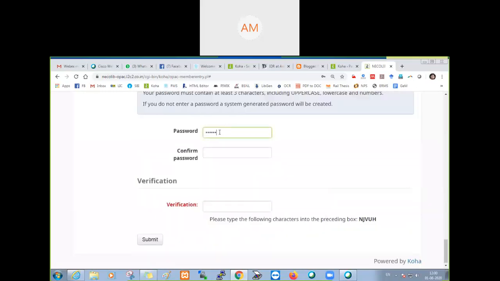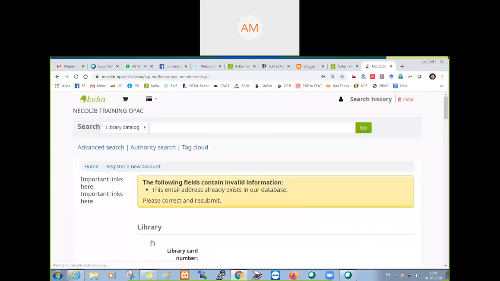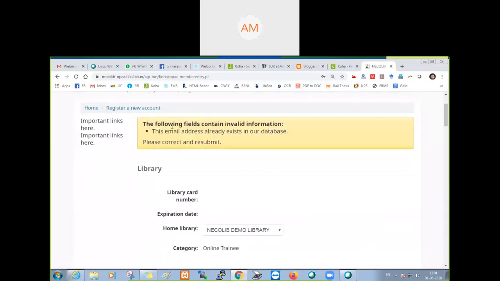ABC 123, verification code. Press submit. Let's see what the system says. Yeah, now the system says the email ID already exists in the database.